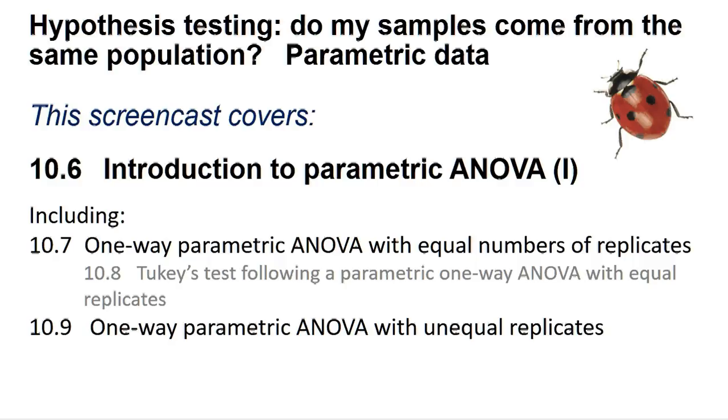This screencast covers Section 10.6, Introduction to Parametric ANOVA, including Section 10.7, One-Way Parametric ANOVA with Equal Numbers of Replicates, Section 10.8, Tukey's Test, and Section 10.9, One-Way Parametric ANOVA with Unequal Replicates. This test asks if three or more independent data samples can be considered to be from a common statistical population. A significant result indicates that this is unlikely and that there are significant differences between two or more of the